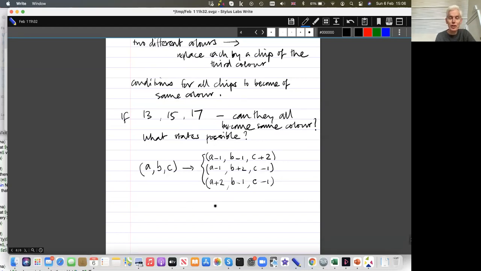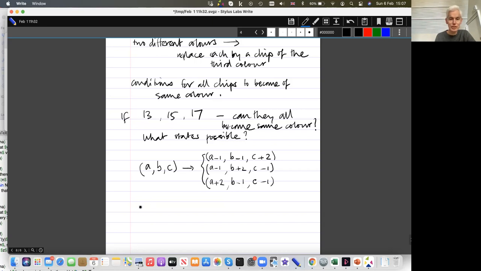So mod 3, one of the numbers is going to, wait, no, all three numbers, in fact. No, beg your pardon. Yeah, all three numbers are going to subtract 1 mod 3. So for them to become all the same color, they're going to have to be the same mod 3 to start with, because if they become the same color, they'll end up being mod 3 the same. And my guess is that that's a sufficient condition as well as a necessary condition, possibly with some edge cases,